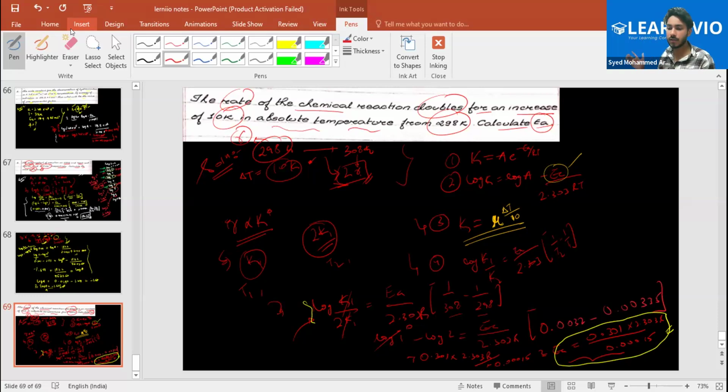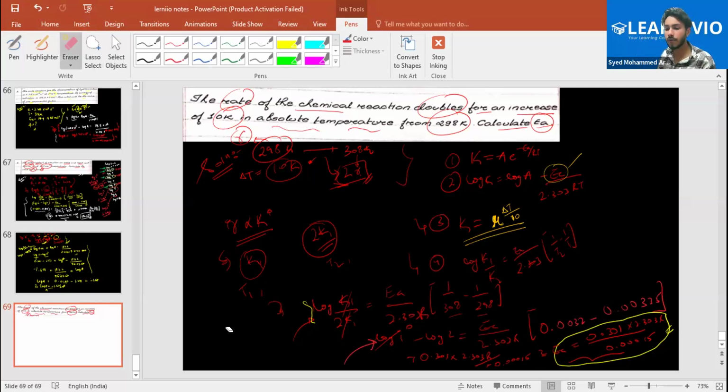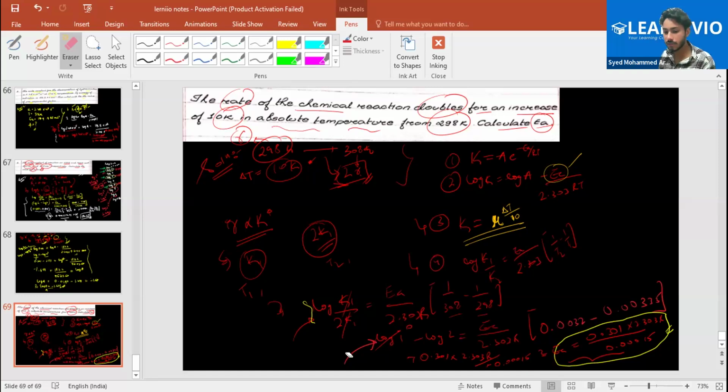So you do not need to worry about the calculation. If you are able to solve the question till this part, then the examiner will give you full marks. Just half marks will be deducted because of the last calculation. So for the half marks, do not lose the concept. Do not worry about the calculation, just worry about the concept. If you know the concept,